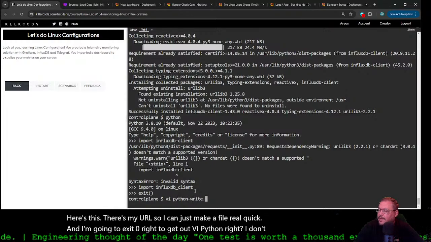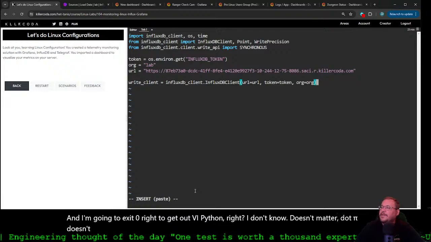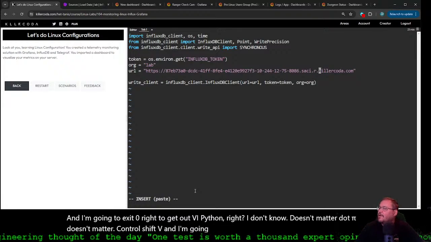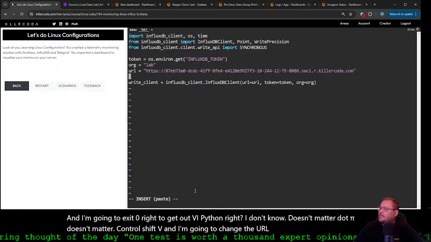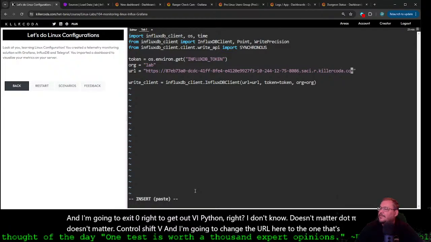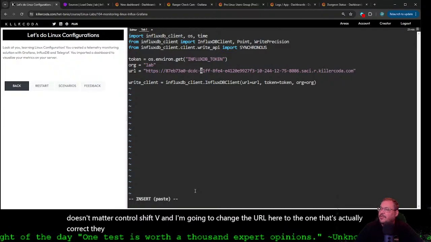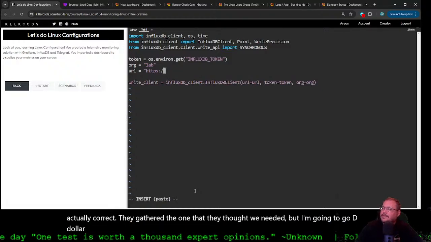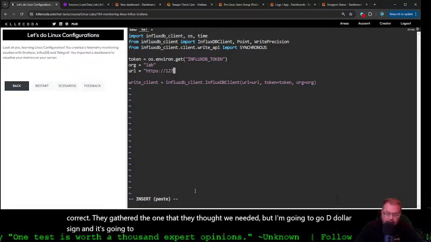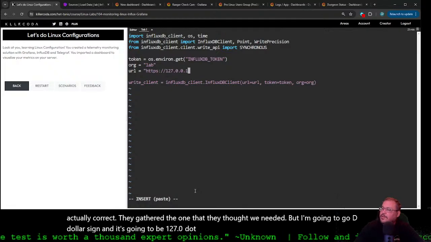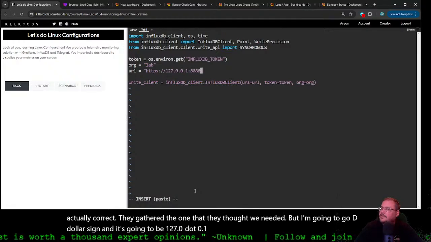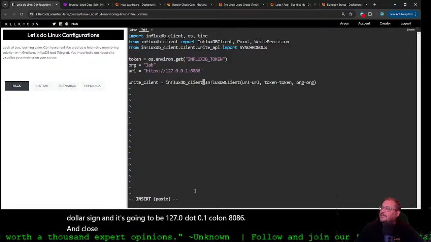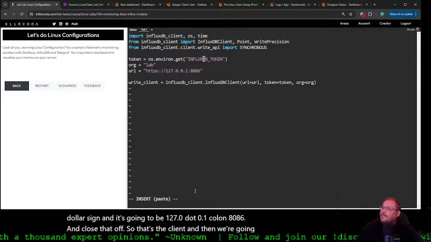Doesn't matter. .py doesn't matter. Control-Shift-V, and I'm going to change the URL here to the one that's actually correct. They gathered the one that they thought we needed, but it's going to be 127.0.0.1:8086, and close that off. So that's the client. And then we're going to write in the lab, and here's our token.